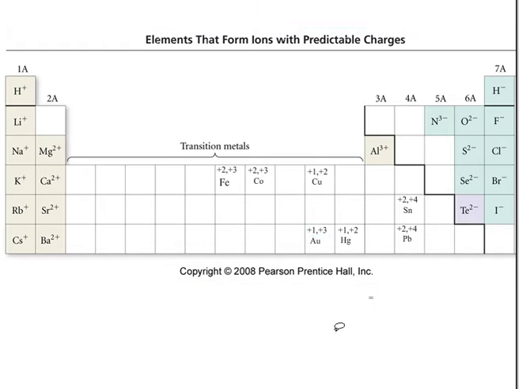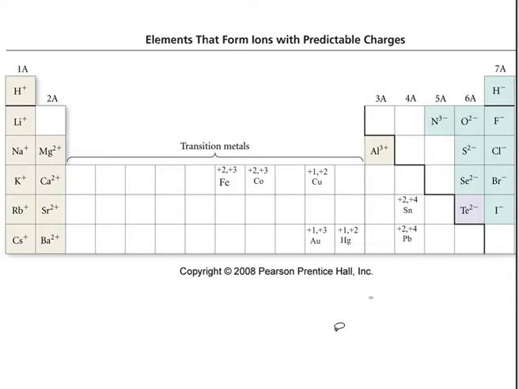We need to look today at the ions that are formed by different elements in the periodic table. And we're going to use this information when we're talking about or predicting the formulas of compounds that the different elements form. And what you can see from this partial periodic table that I have is that different ions tend to form